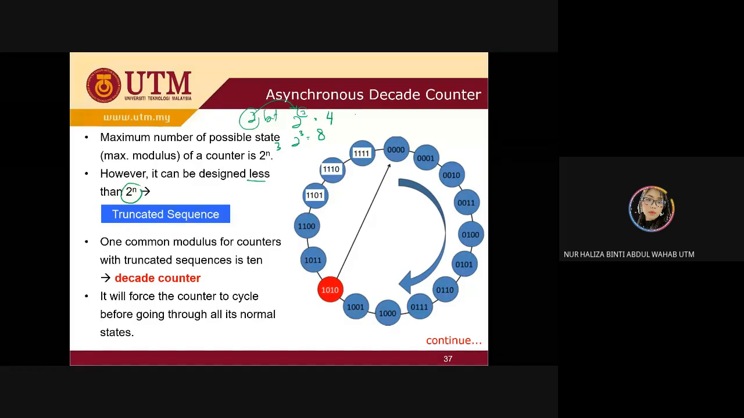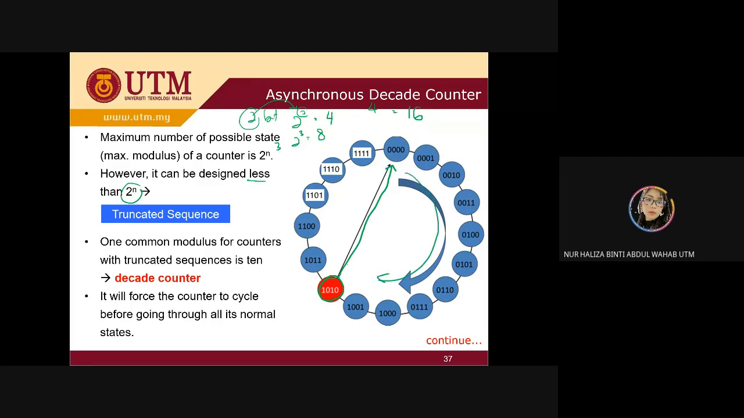Let's say this is 4 bits. So supposedly you're going to have 16 states. But you can see here, until this state, you directly jump back to your 0000 and continue. So it's called a truncated sequence. You do not go through the full states; you do it for your counter. So this is the common